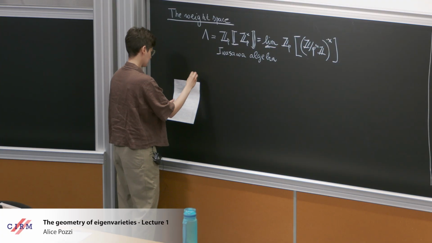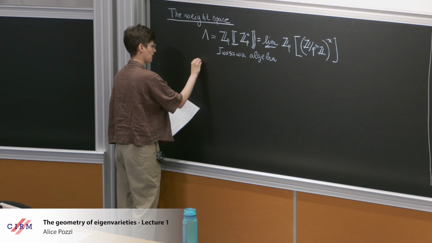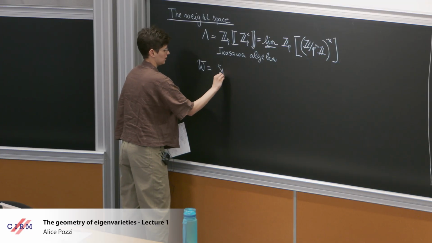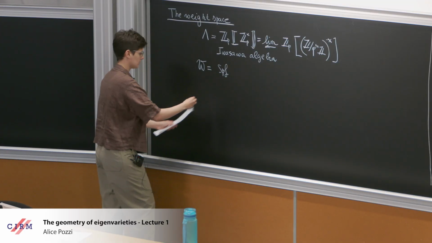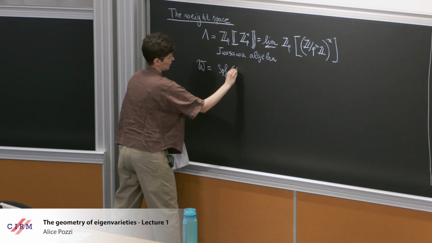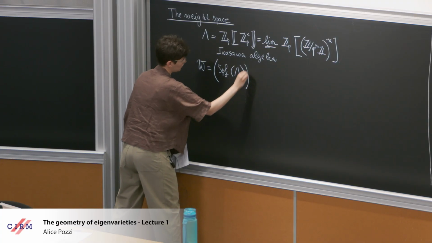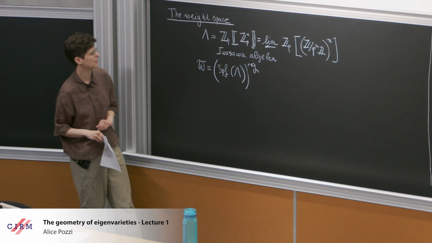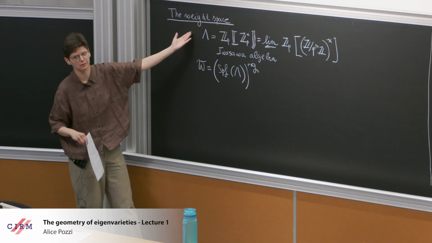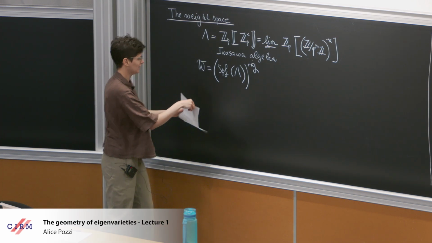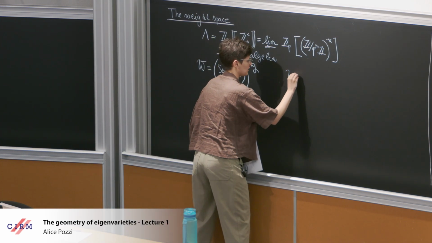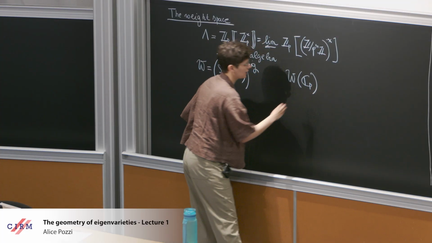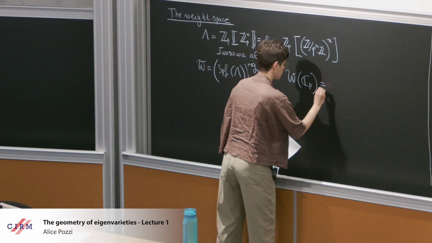So I'm going to define the weight space to be the rigid space associated, the rigid fiber of the formal scheme associated to Lambda. I'm going to describe this much more concretely in a minute. But this essentially, by definition, satisfies the property that if I look at the Cp points of this rigid space,